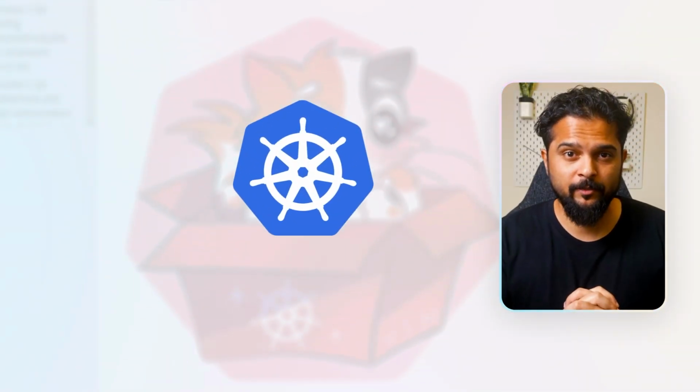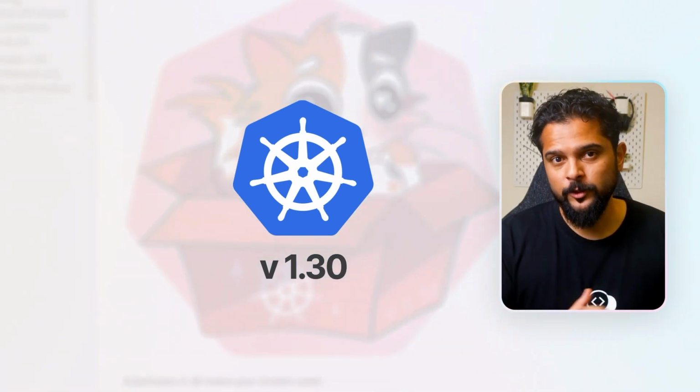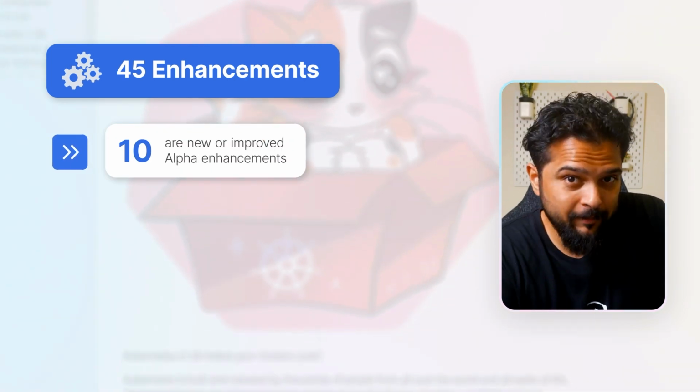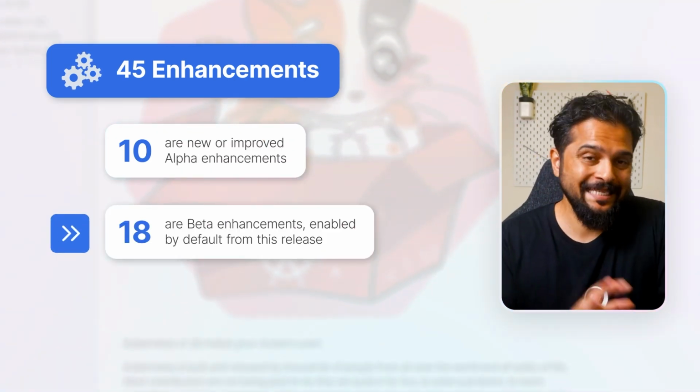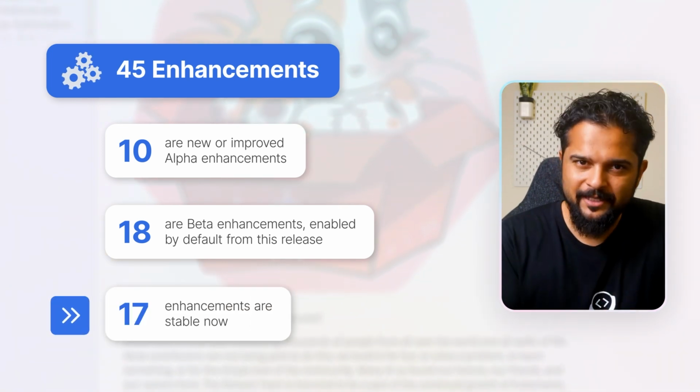Today, we're going to explore the latest updates and changes in the newly released version of Kubernetes Platform 1.30. This release is the first release of 2024 and includes 45 enhancements. 10 are new or improved alpha enhancements, 18 are beta enhancements enabled by default from this release, and 17 enhancements